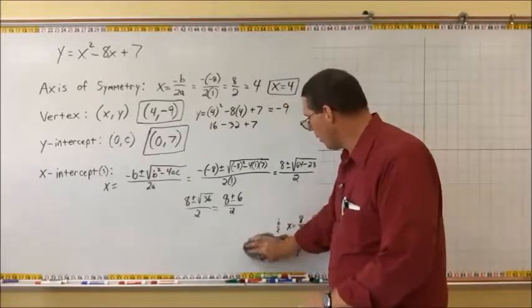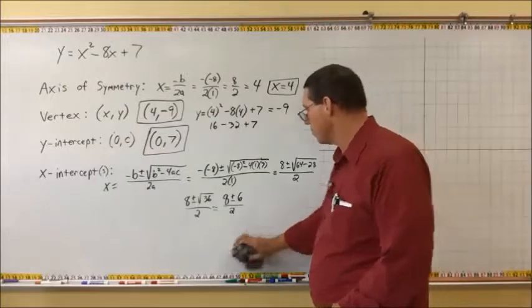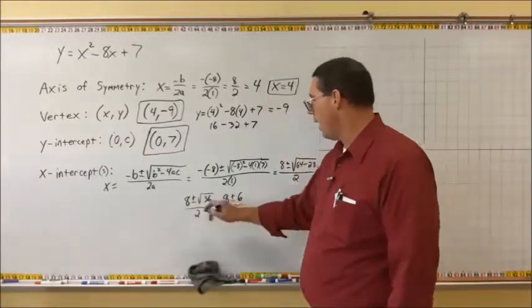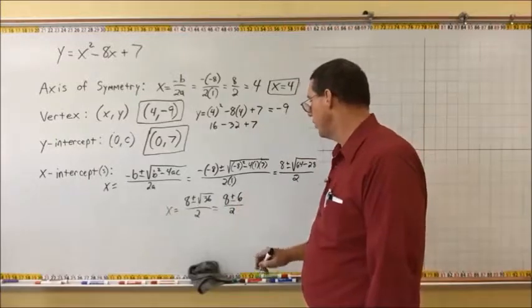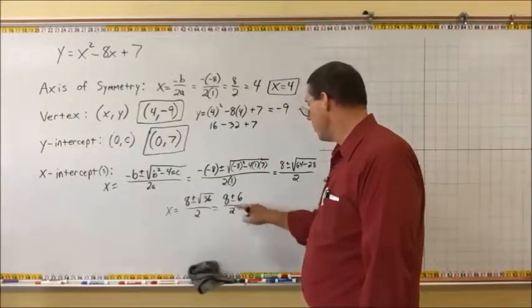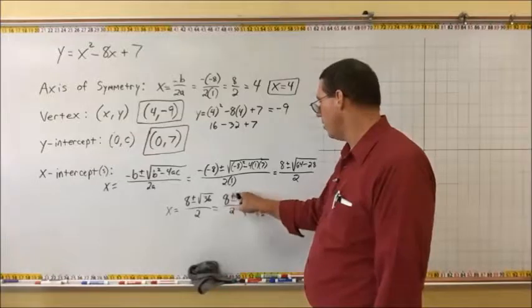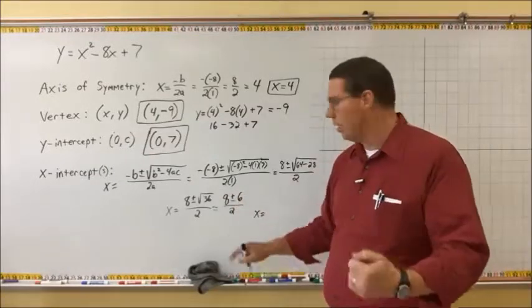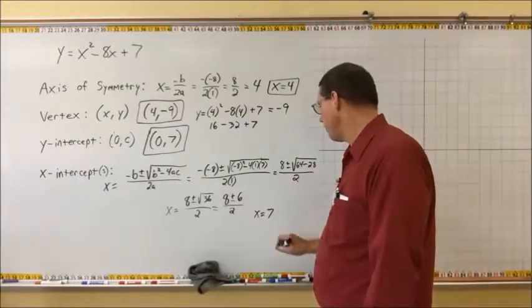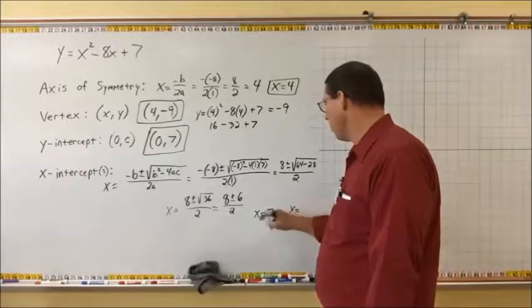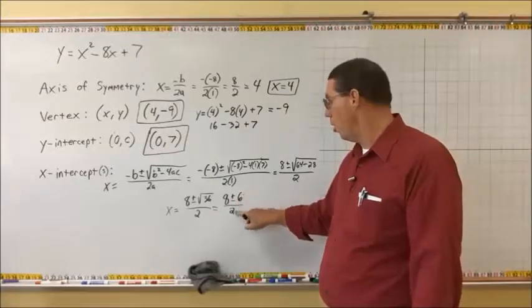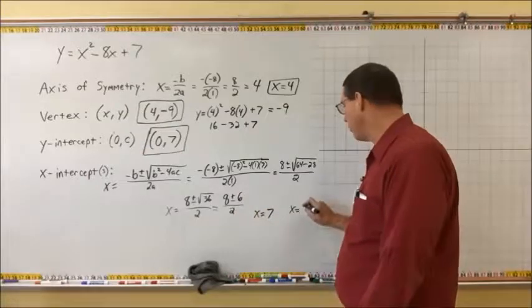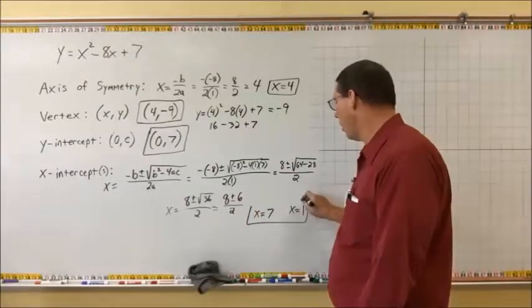Let's go all the way back here. And let's pretend that, okay, here we go. We got x is equal to 8 plus or minus 6 over 2. So one of our x's is 8 plus 6 over 2. 8 plus 6, that's 14, divided by 2 is 7. Then we have x equals 8 minus 6. 8 minus 6 is 2. Over 2, 2 divided by 2, that's 1. And so here are our